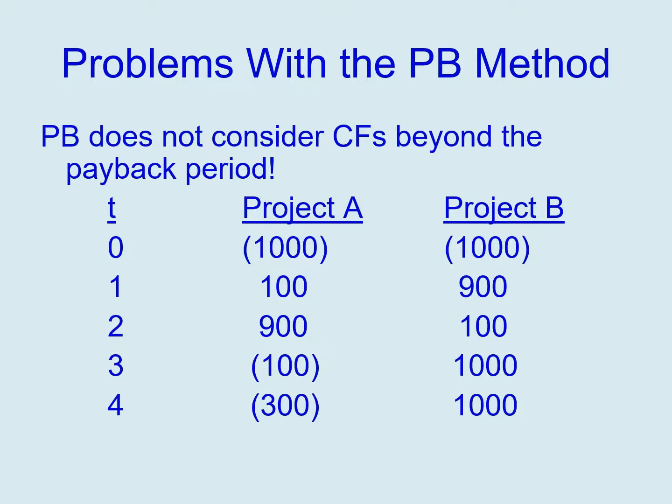So again, looking at my Project A and my new made up Project B, notice here the payback between the 2 is 2 years, so I'm indifferent between the 2. Let's say that I recognize the time value of money, then again with the discounted payback you would go with Project B. But notice that it doesn't consider any of the cash flows beyond that 2-year period. So for example, if this $1,000 in year 3 and this $1,000 in year 4 would happen to be negative,